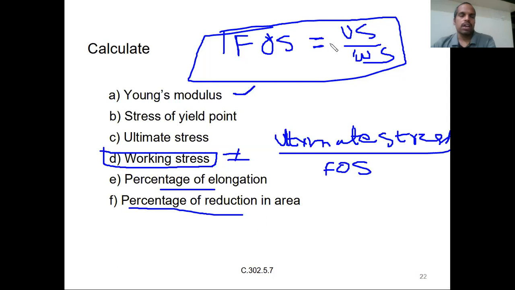It means this much of a factor. While designing, we will take this factor of safety into consideration, thinking that in future our design loads may get increased due to overloading or some other uncertainty in the material properties. So to take care of all these things, some factor of safety is assumed. Of course, different methodologies assume different factors of safety, which we are going to discuss in later semesters. For the time being, remember that factor of safety is equal to the ratio of ultimate stress to working stress.